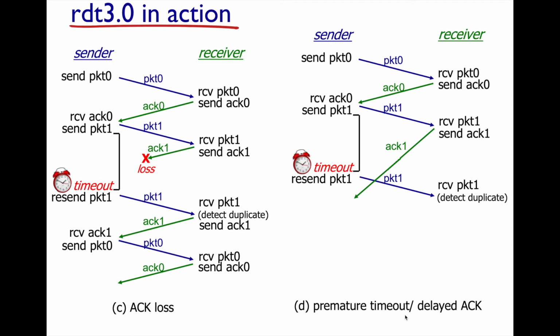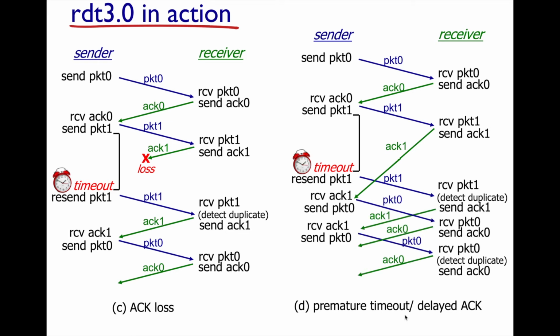Now, in the meantime, it resent that packet, and eventually that ACK arrives, right? And so from the perspective of the receiver, that second send of packet one, when the timeout expired, is a duplicate. And again, the receiver has already gotten packet one, it's delivered it, so any new occurrence of packet one, assuming it's a duplicate, it does not deliver it, right? It just drops it on the floor, so to speak. And so it detects that duplicate, and